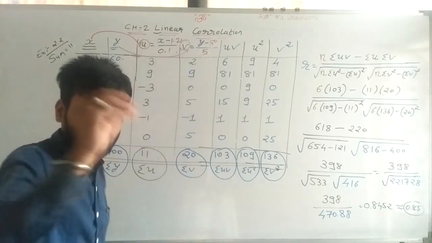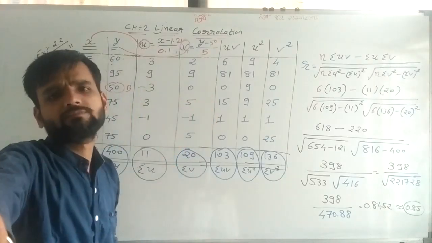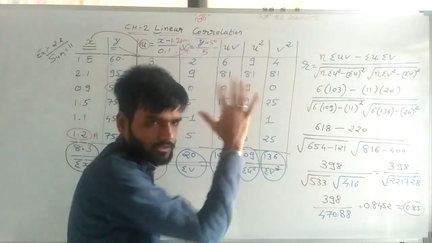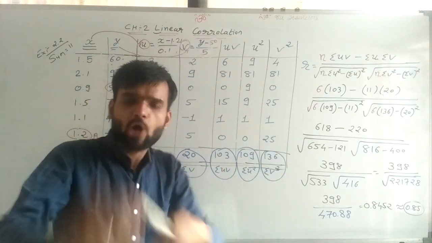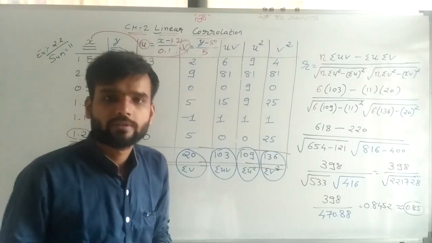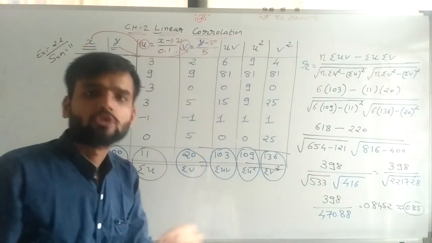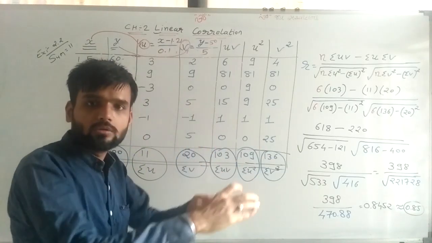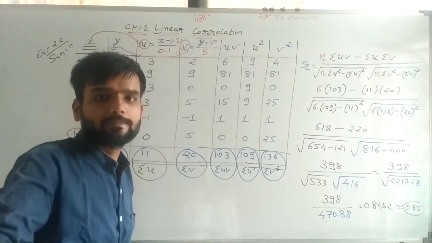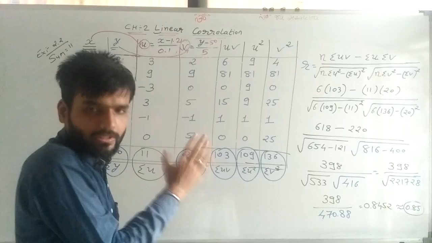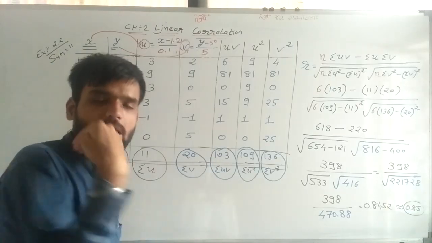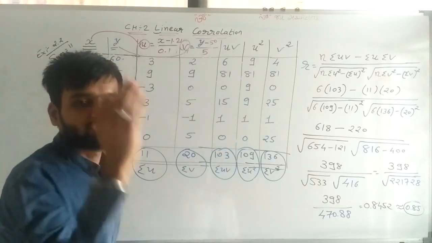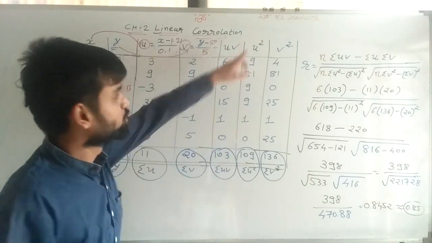If there is any mistake in calculation, don't worry about it. See the method, calculate yourself, make it clear. The important thing is how we have to solve the sum. Calculation mistakes may be there. Don't think about it. See the method, how the sum is going on. Focus on that only. I have tried that there should not be any calculation mistakes, but if there are mistakes, then don't worry about it. The method is the same.